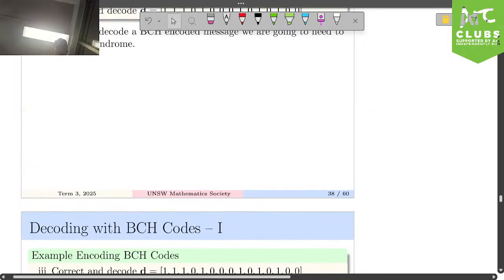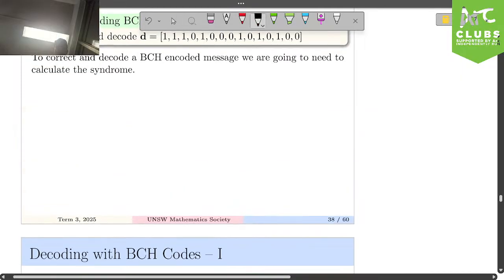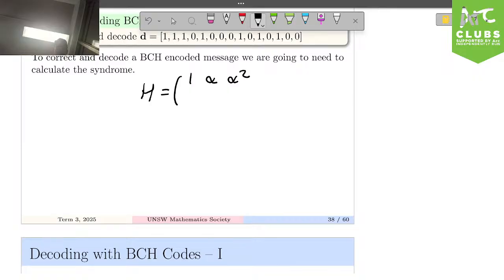Oh, by the way, I didn't tell you this. The roots of h, this was 1, alpha squared, alpha to the 14th in this case. The other roots, this is a minimal polynomial. It's gamma, it's not alpha, it's gamma. The other ones are going to be gamma cubed because we choose gamma cubed to be our other cyclotomic coset root. So it's going to be gamma cubed, gamma to the sixth, up to gamma to the 42.